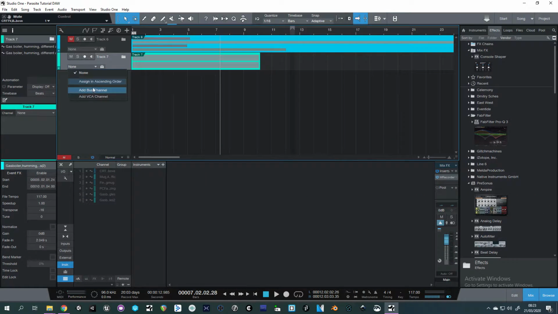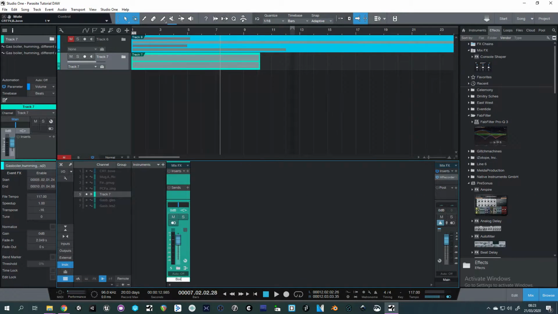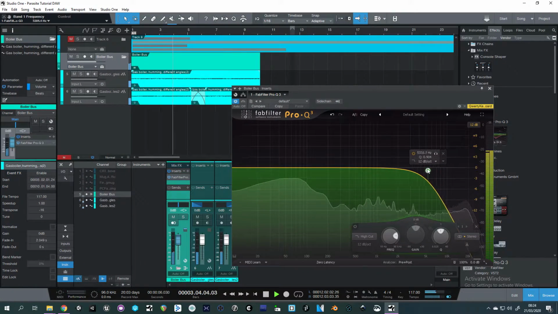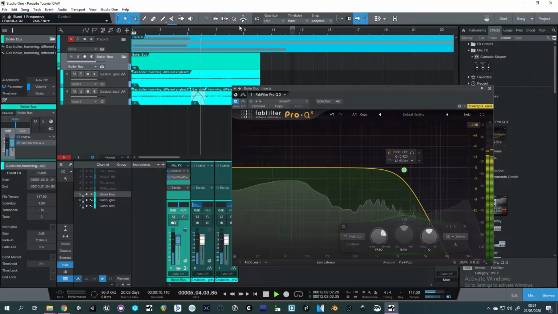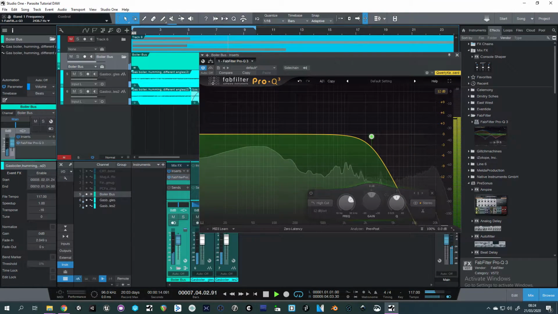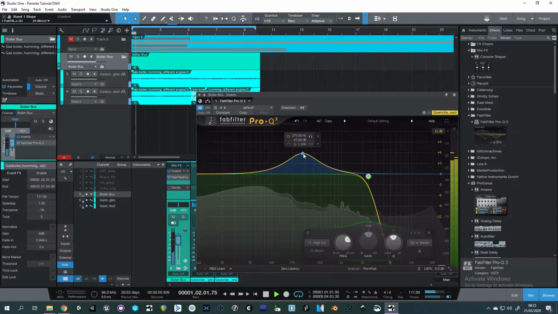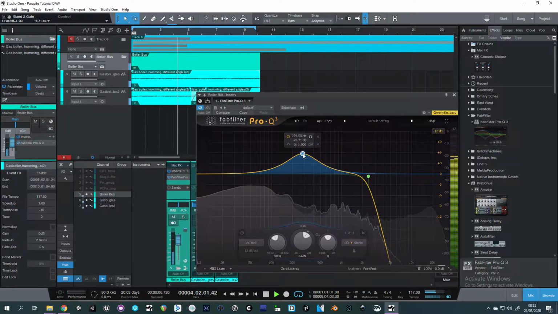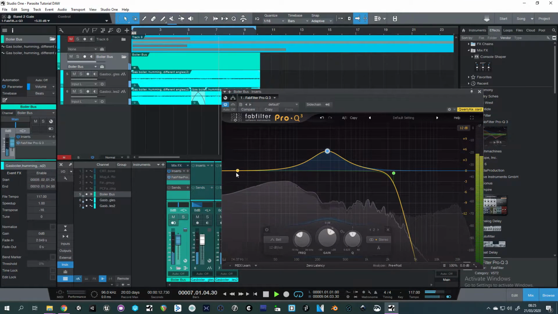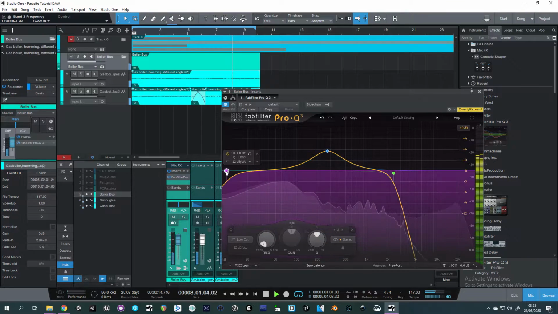I'm happy with this, so let's pack these 2 layers into a bus for some effect processing. I want to remove a lot of this high frequency content to make it less present, which I'll then subtly replace with reverbs. I'll also use a bell curve here to try and bring out any harmonic content I find particularly interesting. Finally, I just like to get rid of the sub-audible garbage that isn't being used so it doesn't affect any